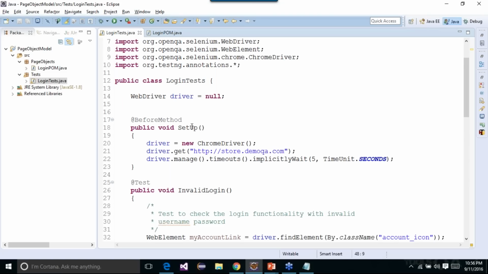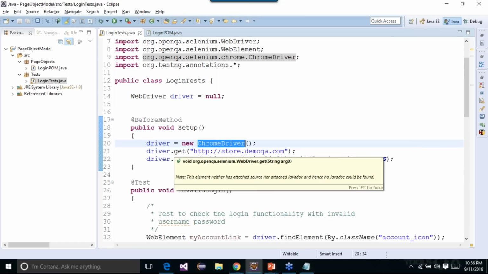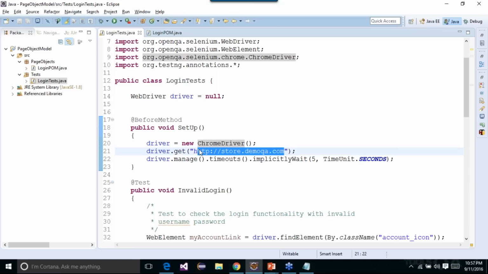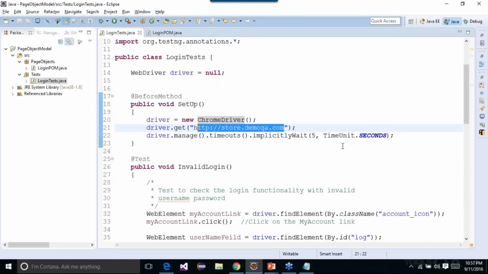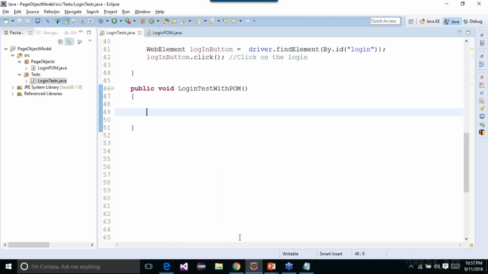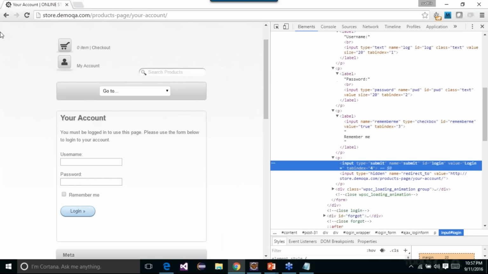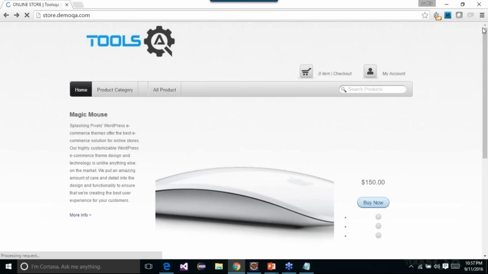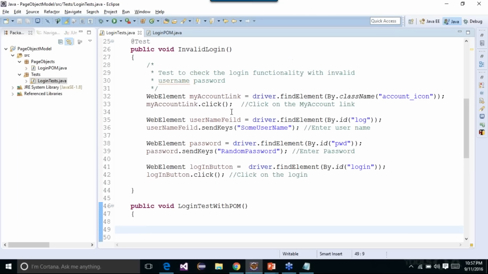So what happens is that during the setup of the test, a Chrome driver is launched. We are taken to the demoqa.com page, and then we simply put a timeout. So I will always be on the store.demoqa.com. So if I go back there, I will always be here, right, on this particular page. So the very first thing that I want to do is